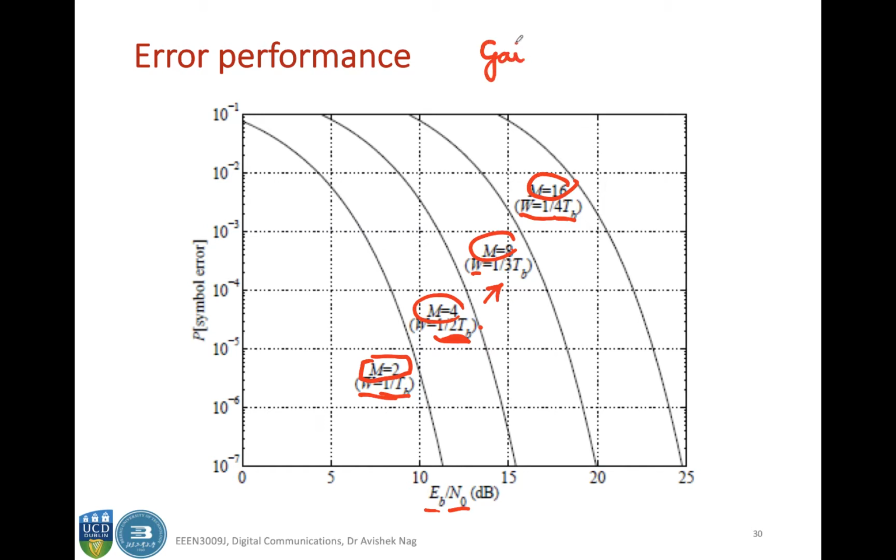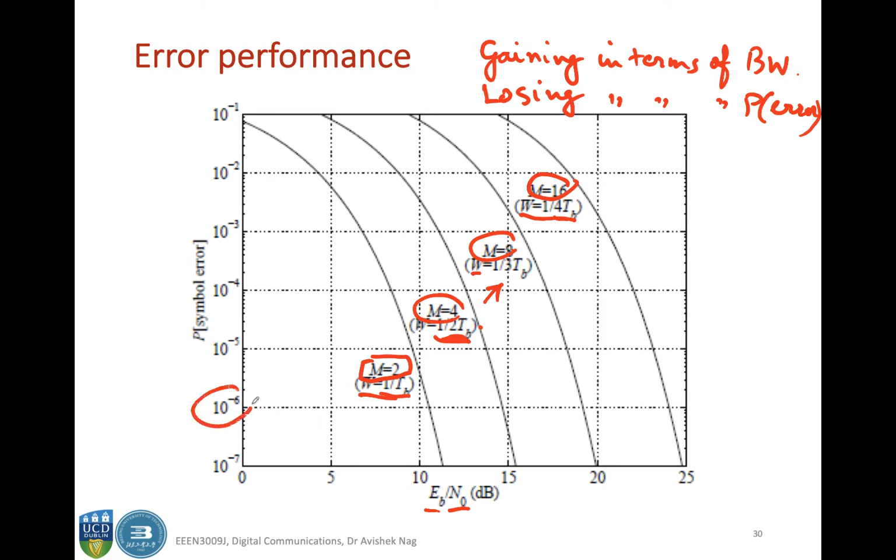So you are gaining in terms of bandwidth, but let's look at the error performance. So for error performance, I think you are losing. And why is this so? So probability of error. So let's look here. Okay, so let's say if I want to achieve a probability of symbol error of 10 to the power minus 6. Okay, so the EB by n0 for m equal to 2 to achieve a 10 to the power minus 6 probability of error is roughly